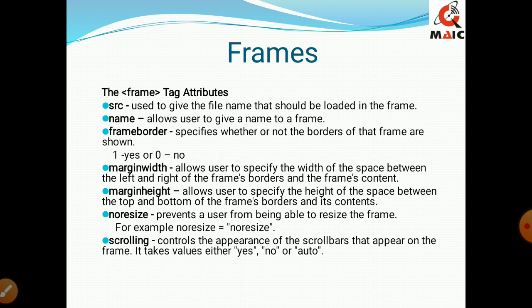Marginwidth and marginheight: marginwidth specifies the space between the left and right frame borders and the frame content. And marginheight specifies the space between the top and bottom frame borders and its content.